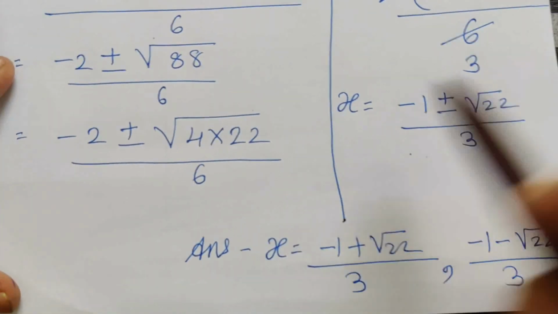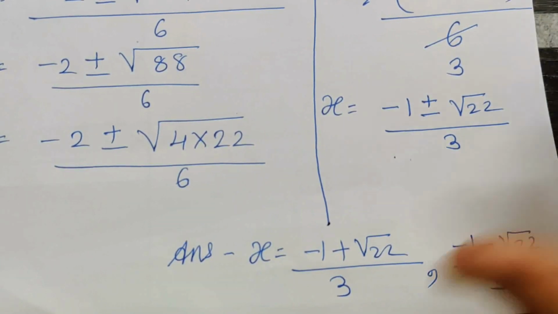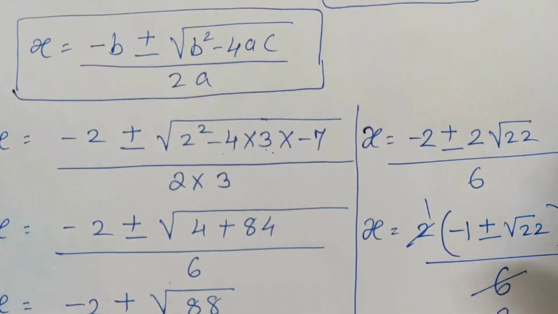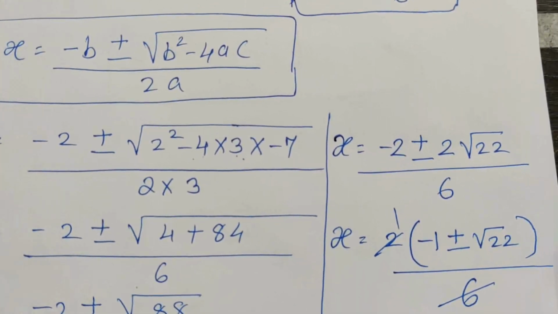You can go with the common formula. If you go with the common formula, within less time you can complete the example, and if you go with the separate formula, it will take extra time. But the method is simple. Use the formula, put the values in the formula, and do the calculation. You should practice to do the calculations. You should be good in the calculation.